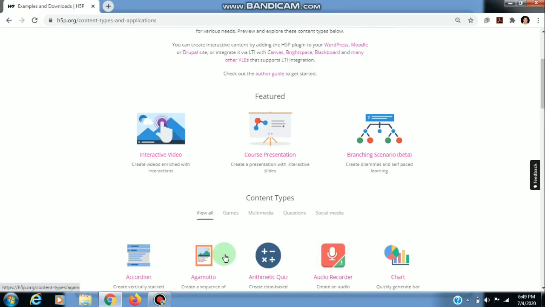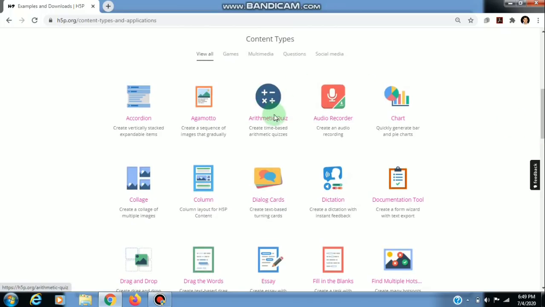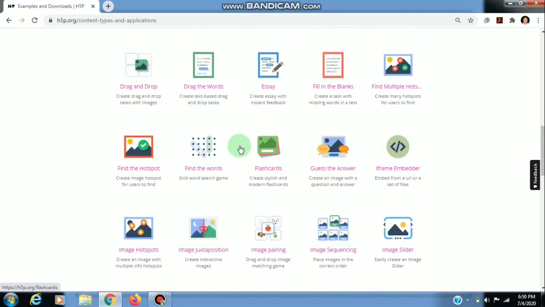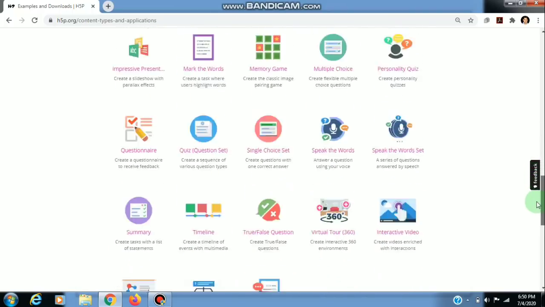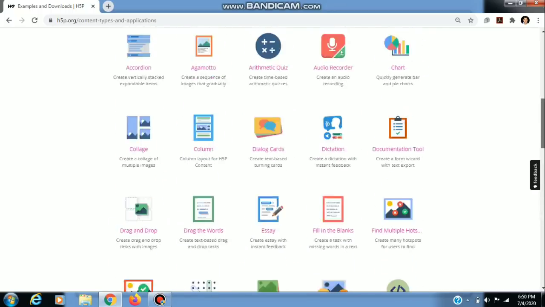We can prepare a presentation, a branching scenario, or we can add content types such as arithmetic quiz, audio recorder. We can prepare a collage. We can also use drag and drop. So these are very important things which we can add to our videos or our course presentations to make them interactive.